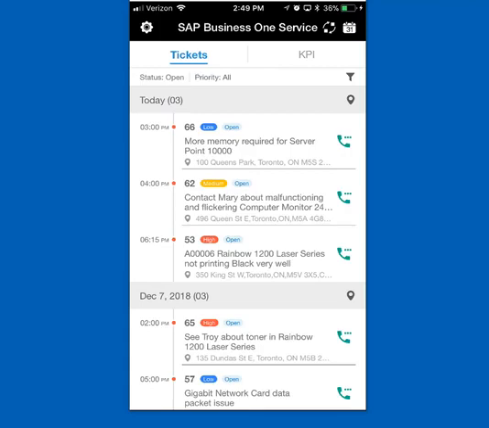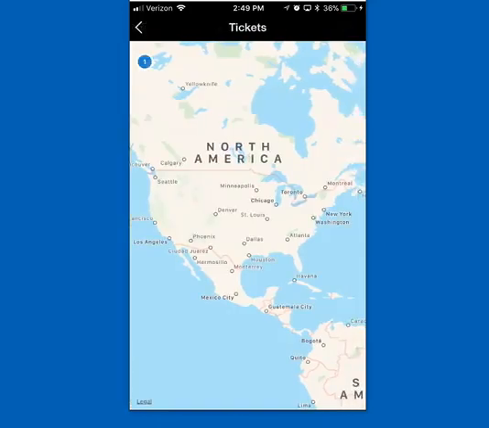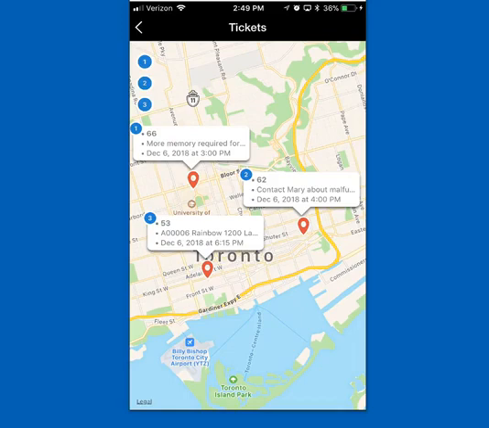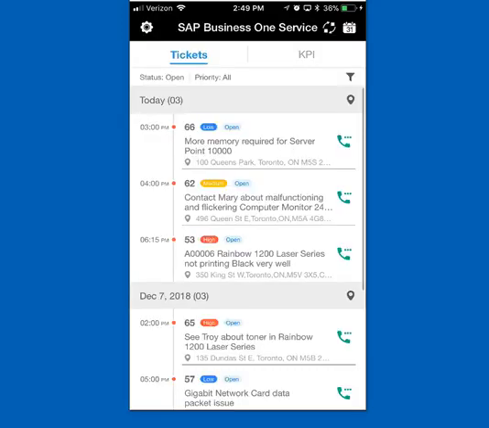I'm going to hit the map icon on the Today bar, and it's going to open up the map feature of my phone and actually show me by location where those 3 service calls are. What I'm going to do is focus on that last call at 6:15. I'm going to pretend it's later in the afternoon. I've just finished those 2 calls, and I'm going to go now to look at this A06 Rainbow Laser Series